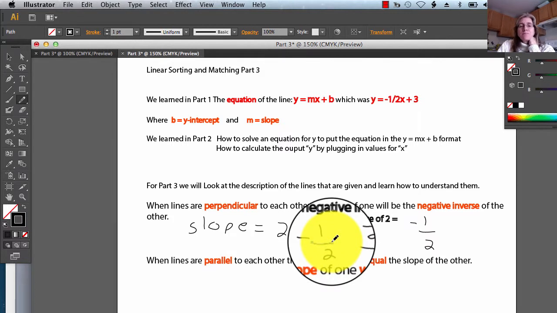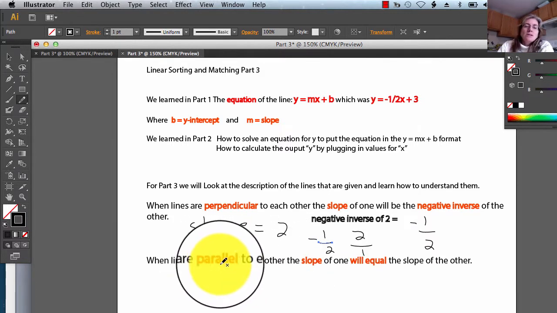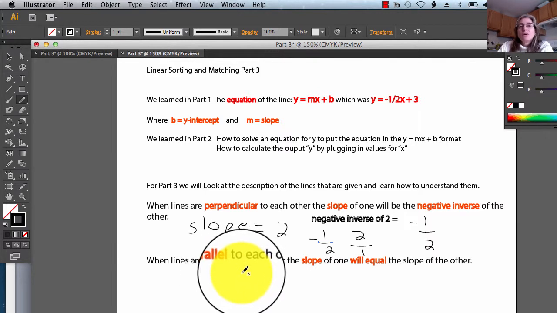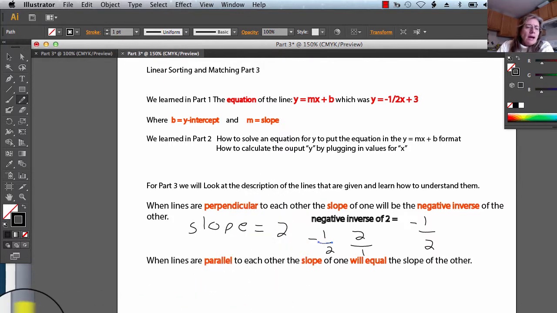That's what that means. And then I have down here, when lines are parallel, the slopes will equal. That's pretty simple. If the slope equals 2 of one line and the slope equals 2 of another line, those lines are parallel to each other. They do have to have different y-intercepts, however, to be different lines. Okay. So when we look at